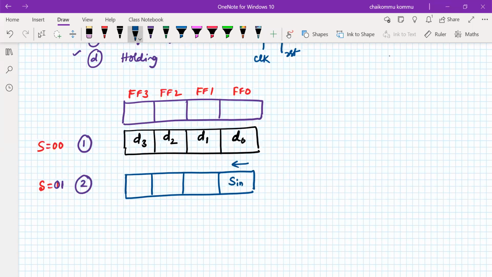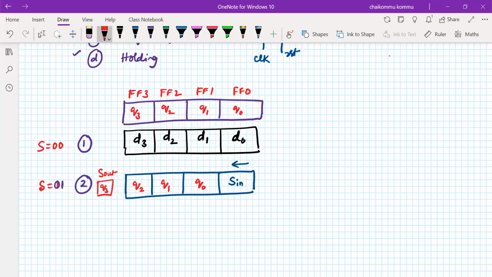And what is the content of the flip-flop? Generally the output we will write here. So better notation is that the output we will write here. So this is called Q0 is output, Q1 is output, Q2 is output, Q3 is output. That is the general notation that we normally write. Now the Q0 will be occupied at this position, right? Q1 is assigned here, Q2 is assigned here, and Q3 will be outside. So therefore this Q3 is taken by C out. The C out is filled with Q3.